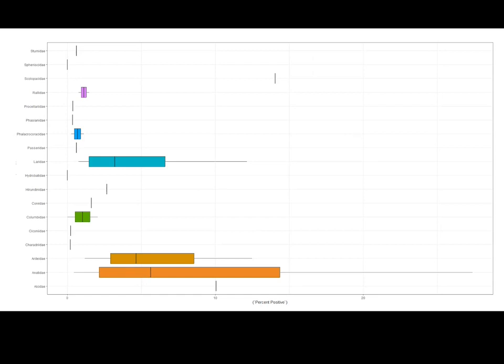Digging back into this to look at things from a family level, this graph is looking at the percent positive of a species within a family. Anatidae again stands out quite a lot here. We have Ardeidae, which are the herons and egrets, and Laridae, which are the gulls, standing out. But we have some outliers out here: Alcidae, the auks, at the bottom, and Scolopacidae, which are waders, sandpipers and allies.